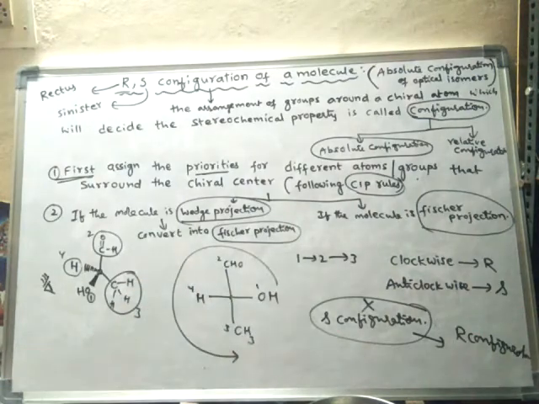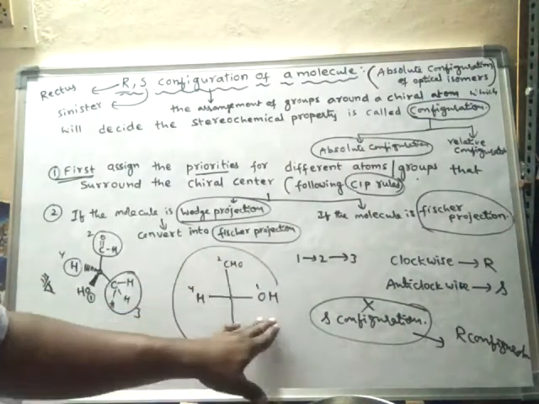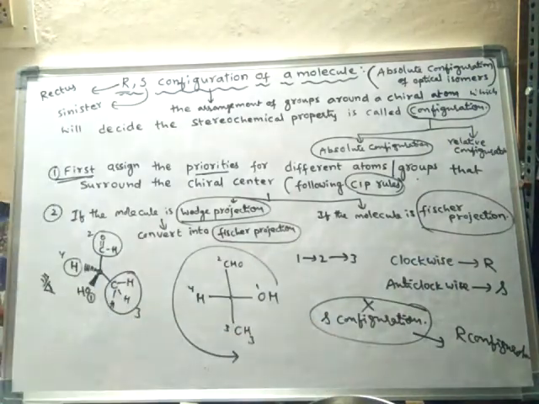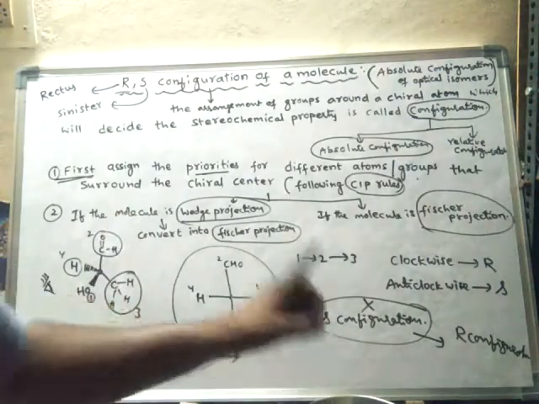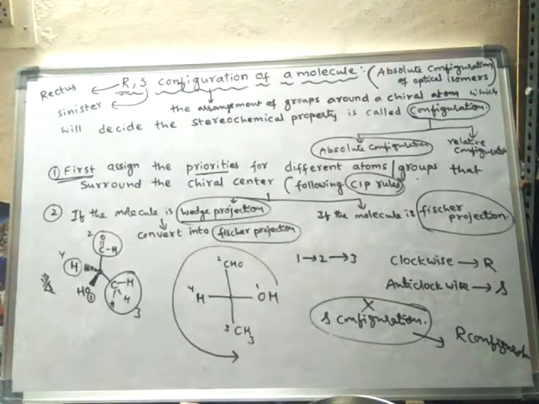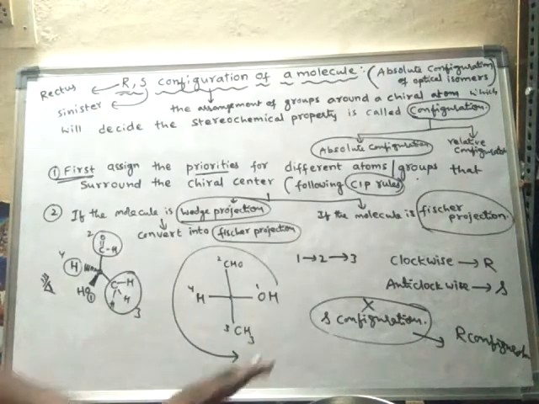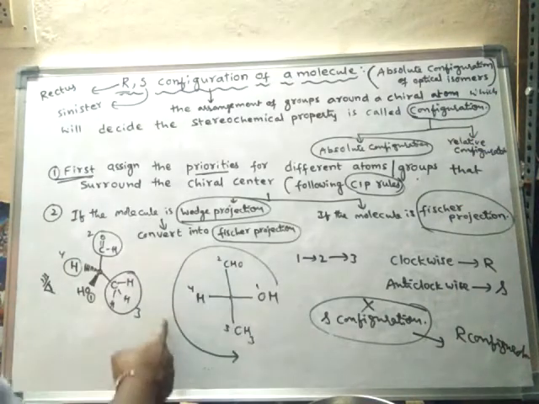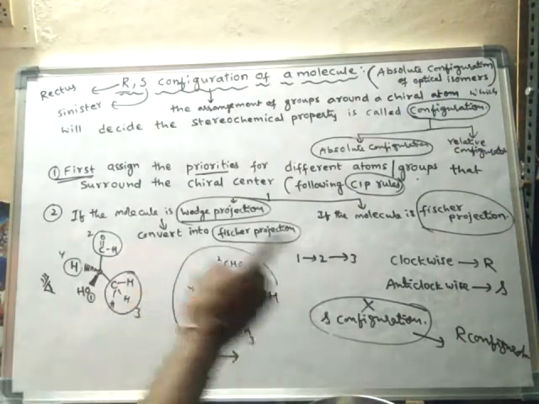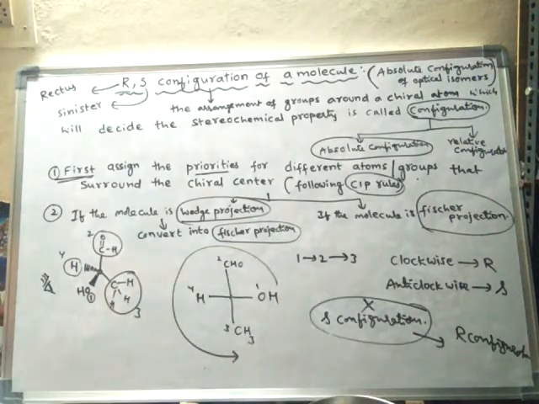So from this it is understood that finally the configuration of this molecule is R configuration and not S configuration. Initially we got it as S configuration, but after that we have to check whether the lowest priority group is present in the horizontal position or not. If it is present in the horizontal position, then the opposite configuration is the correct configuration. So this molecule is having R configuration but not S configuration. Okay, right.